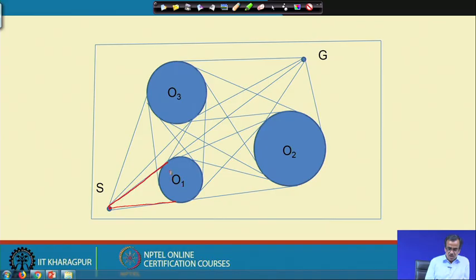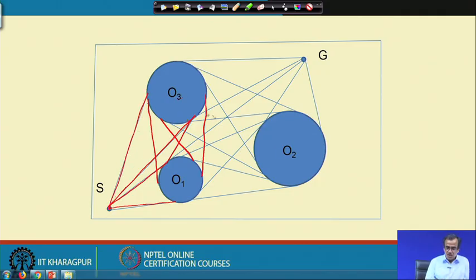Then we consider this particular obstacle and the obstacle O3, and we try to draw all the external and the internal tangents. For example, one tangent could be something like this, another tangent could be something like this, and we can also consider this type of tangents. So, these are also tangents. Okay. Next, we try to find out the tangent between this particular obstacle and this particular obstacle, but before that, starting from S, I can also draw this particular tangent, I can draw another tangent here, okay.